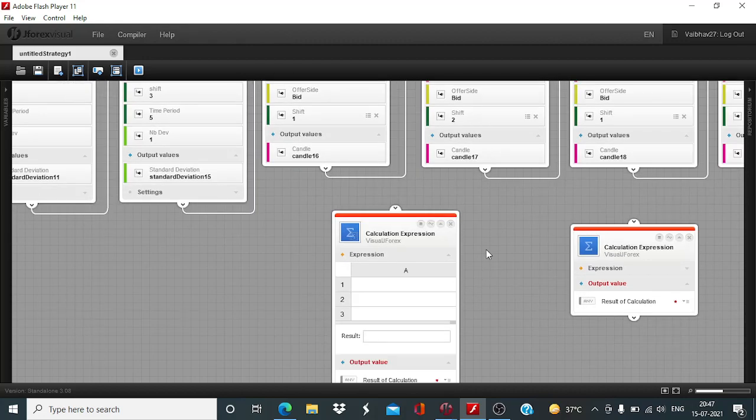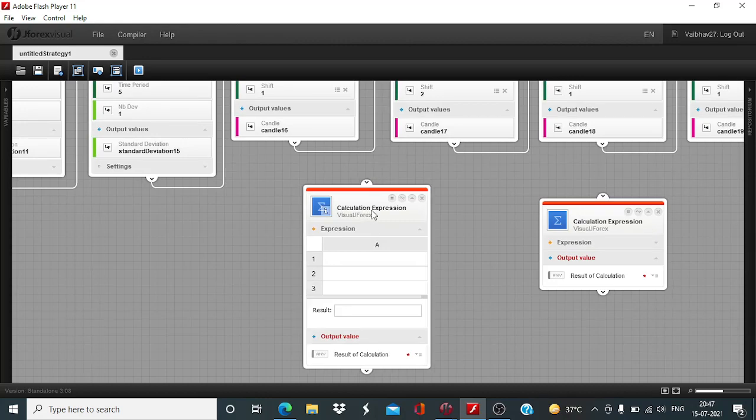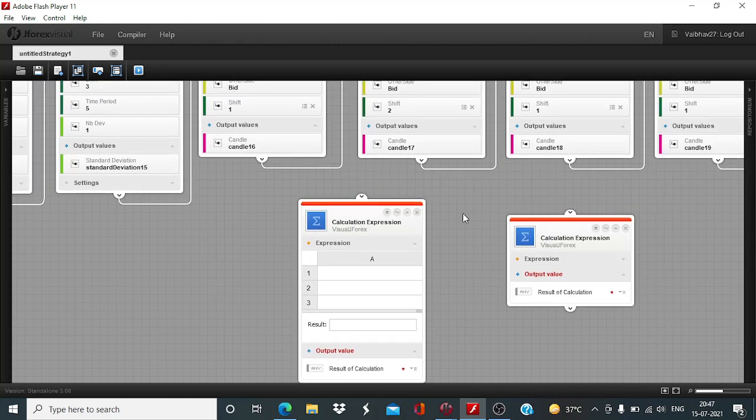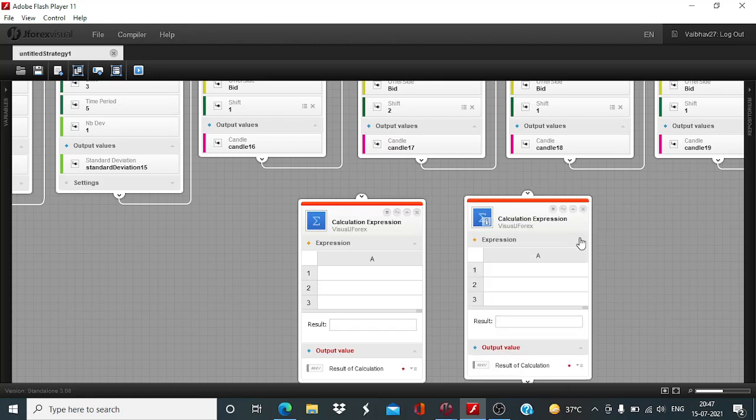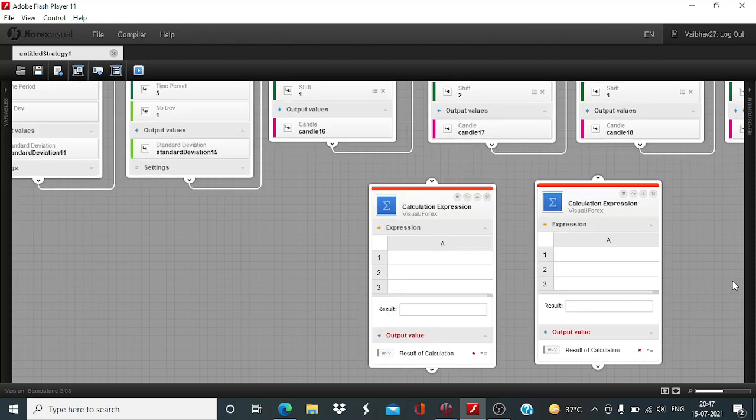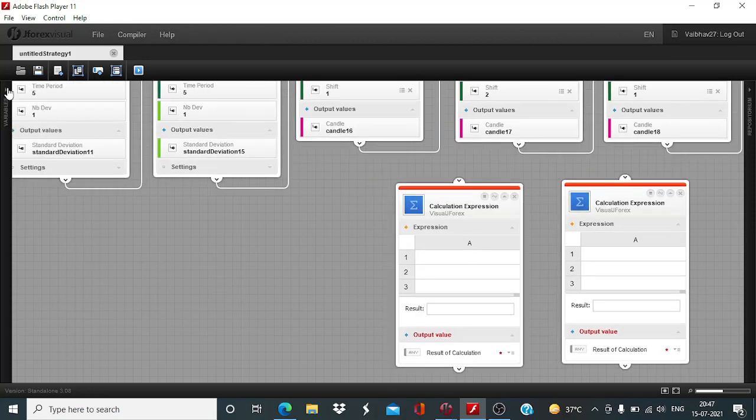We will take into consideration the candle 16's closing level, and we will deduct the candle 17's opening value when we will be looking for the buy trade, and when we are looking for a sell trade, we will deduct the candle 16's closing level from the candle 17 opening level to make sure that the resulting answer is in positive territory. So first block,